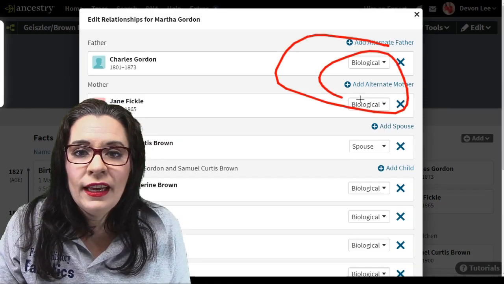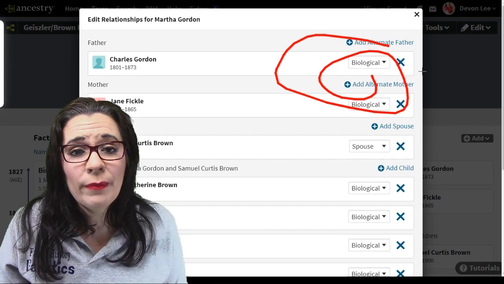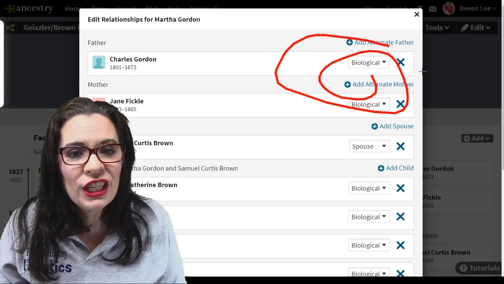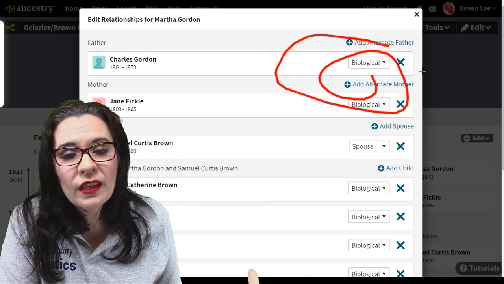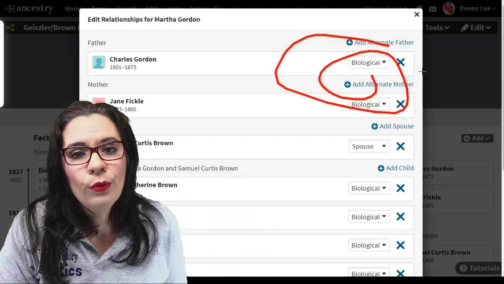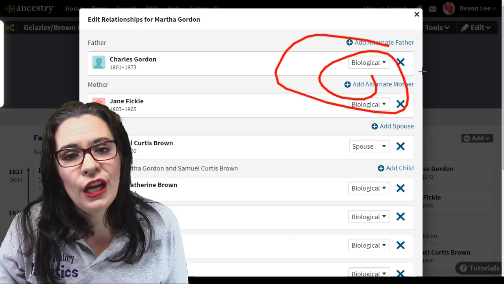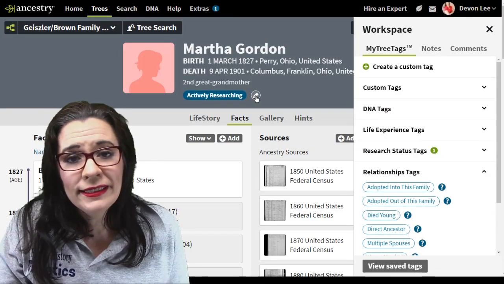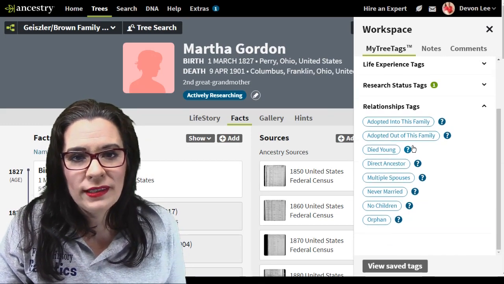relationships. This is where you change the adopted, because then when that person shows up on the family tree, when they are in the profile with the biological family, they will be biological. When they show up in the family where they're adopted, they'll have a tag that says they're adopted. I don't mind the tags adopted, but it would really be nice if we just had one tag rather than